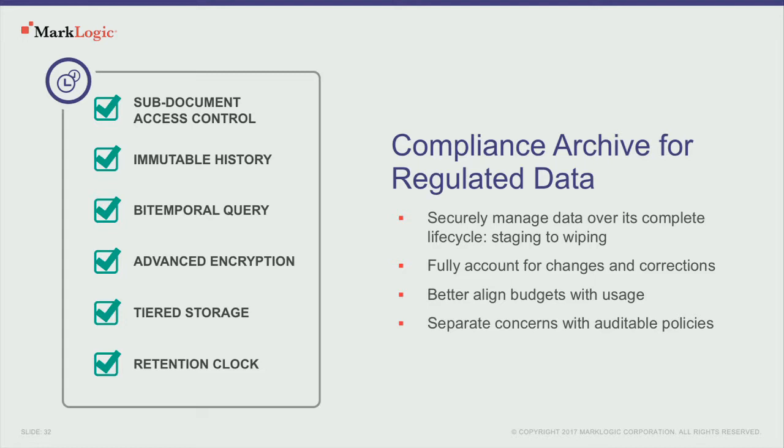So the idea that we have this role-based security access, the sub-document controls, we've got the ability to have immutable history. So you can say, this document was loaded into the database, and it's never changed, and I can prove that. I can prove that at the disk level. I can prove that in the queries. But I can say, if we do have to change the data, I can now trace where that change came from, and I can go back in time, and I can say, at any time, what did I know, and when did I know it? So this is a really important aspect about not just being able to get a single-dimensional history of your document, but be able to say, what were the things I knew about this data at any point in time?